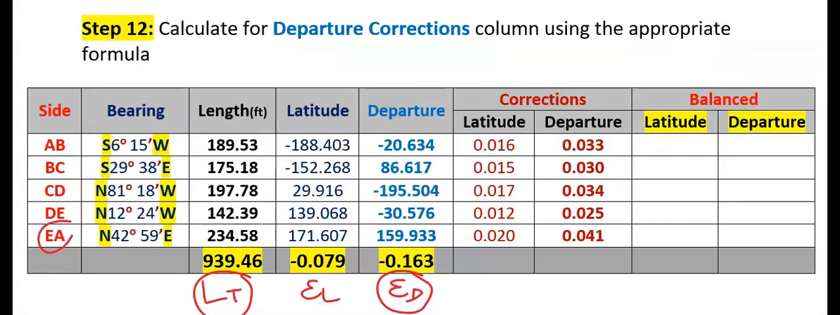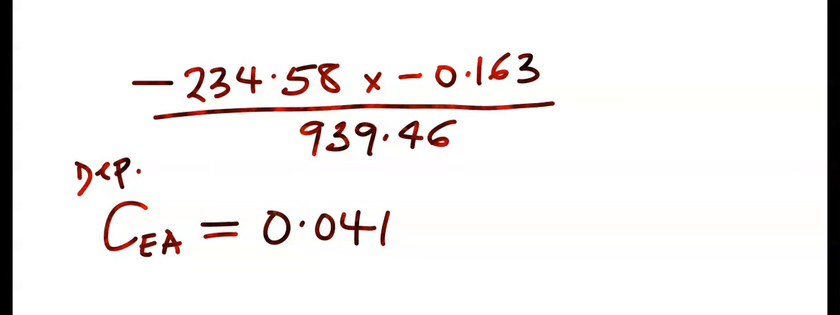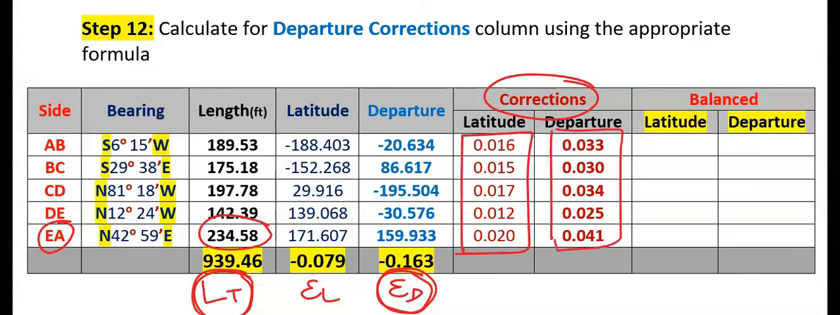Let's do that of EA. EA will consider the length of EA, the total length, and the total error of the departure. If you calculate the departure correction for EA, you're going to get 0.041, which is this. When you have completed the corrections of all the latitude and the departure,